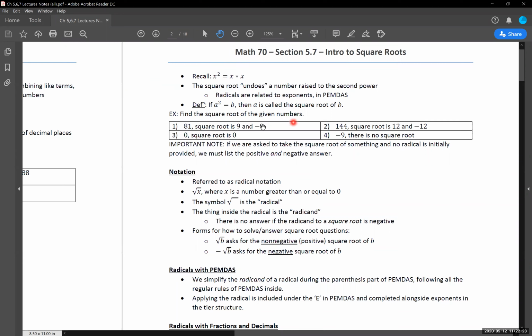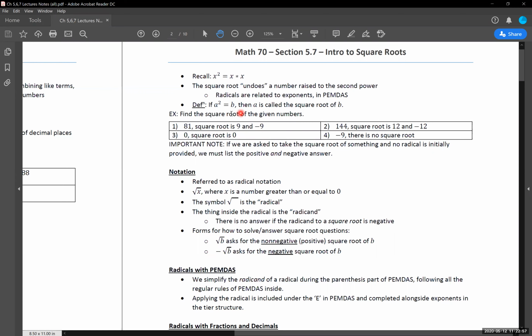So let me get to some parts. A couple examples that we have showing up here. And there's a very subtle part that I think is unfortunately lost when we are going through it in this regard. But finding the square roots of a given number. So if I'm asking you guys, what is the square root of 81? Now, as we have it listed here, we have 9 and -9. Now, a lot of people, the initial gut reaction is, well, it's just going to be 9. And again, that's not wrong. However,